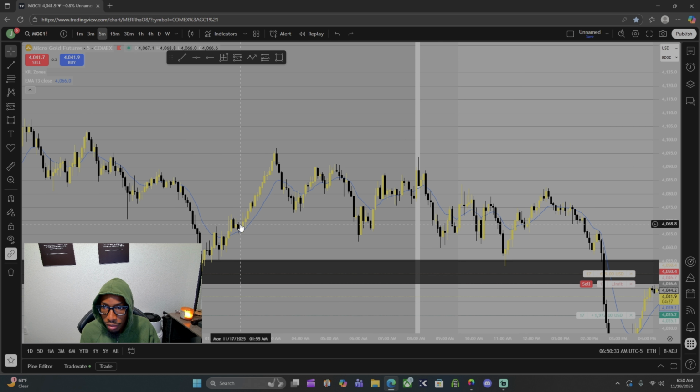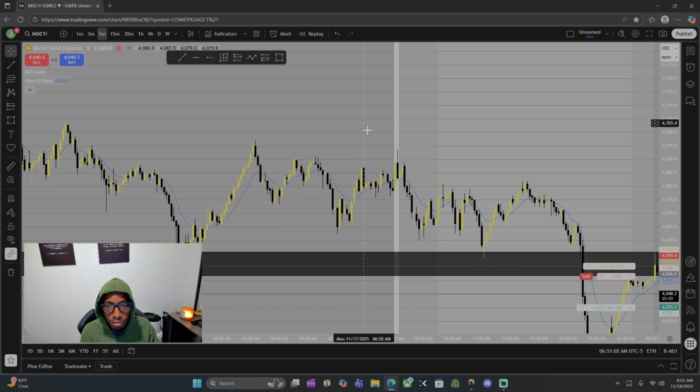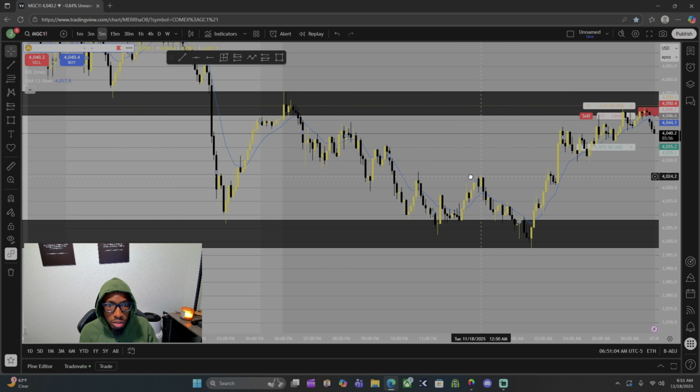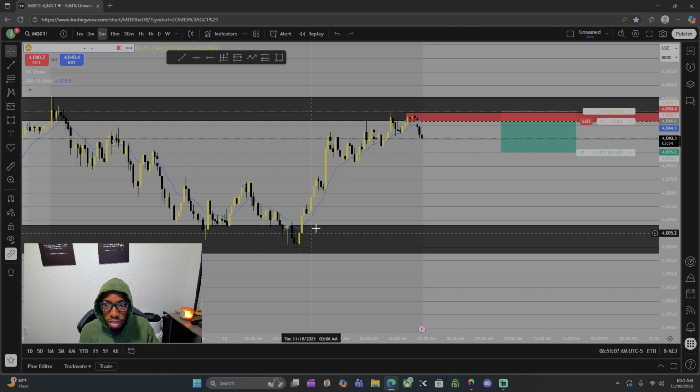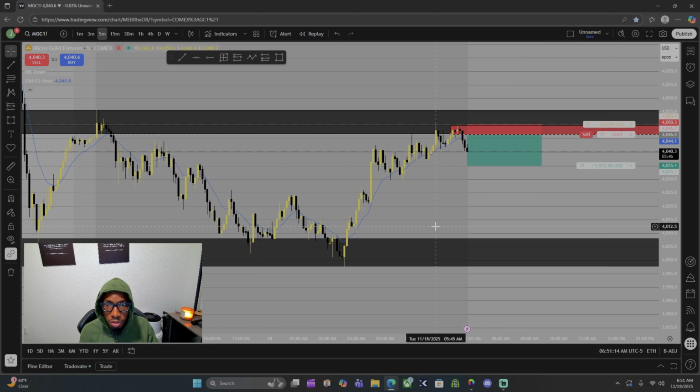But I don't know. It took us out because we came down, shot up, and then we started rejecting once we got all the way up here, and we're nowhere near that on this side. And there's even a gap up here that didn't get filled. So I really, truly believed that it would be coming up to fill higher, but it didn't. But it is what it is. So today we're going to be looking to take out these buyers down here. So we're just going to wait for that to happen, and we'll see what we get. So we'll be back.